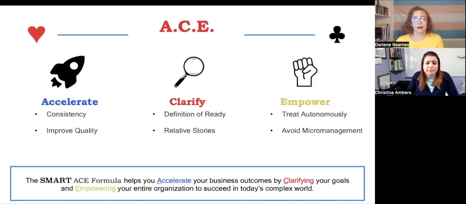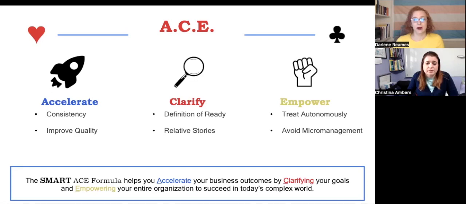The SMART ACE formula emphasizes that you are using metrics to focus on delivering value. In today's episode, we only discussed velocity. However, there are hundreds of metrics that you could use as an organization. Let SMART ACE formula guide you on the best metrics for your business goals. Focus on accelerating your value delivery with a consistent velocity and add a concentration on improving quality.